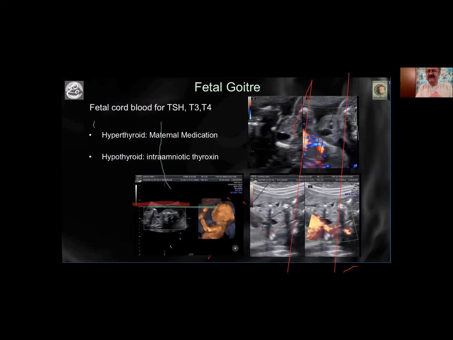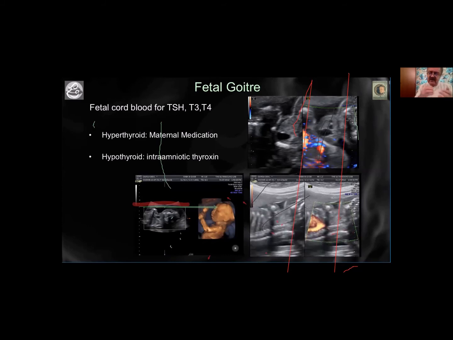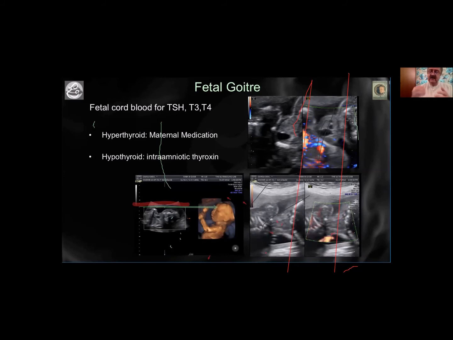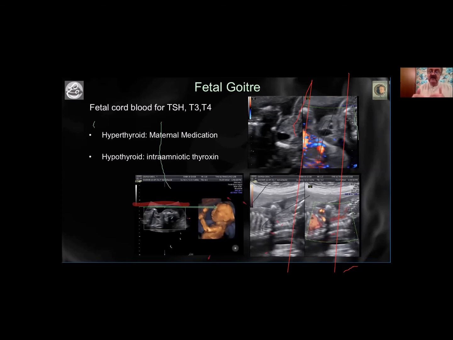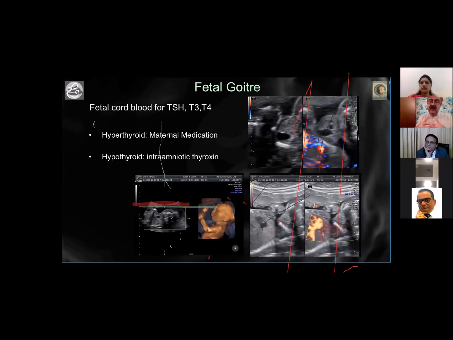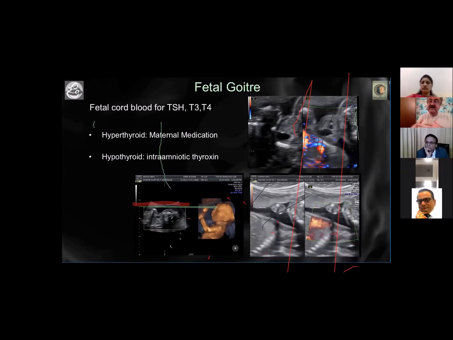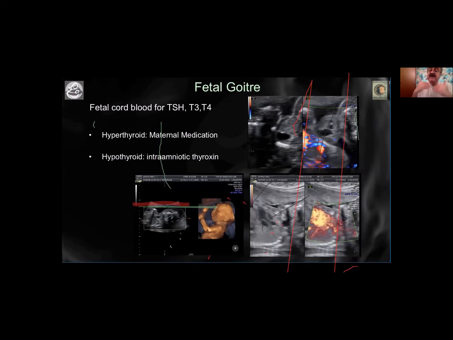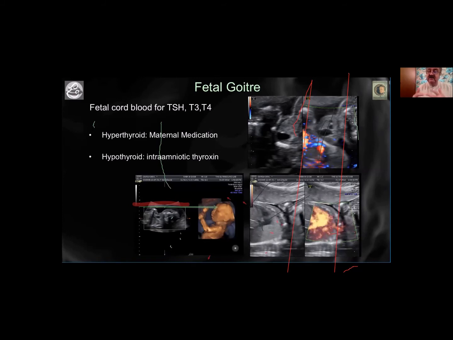That's not enough of managing an anomaly. You have to get to the bottom of the anomaly. The first thing is maternal evaluation of thyroid function. And the second is amnio to find out what are the TSH levels there, what are the T3, T4 levels there, and then intraamniotic instillation of thyroxine, which is available